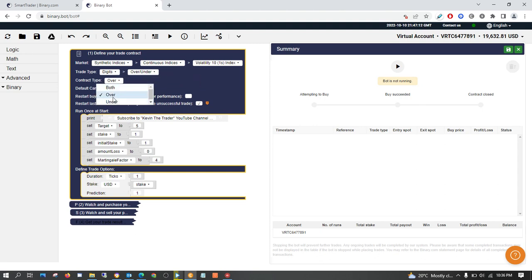We are going to do over, okay? So meaning that our prediction here is 1. So anything that is over 1, our exit spot here, if it ends with 1 or 0, then we lose the stake. But anything from 2 to 9, we win the stake. And this is how you're going to trade, okay?